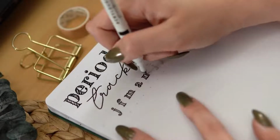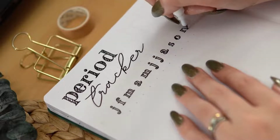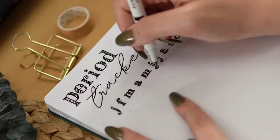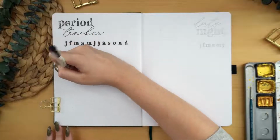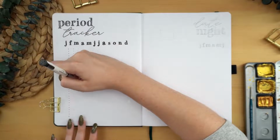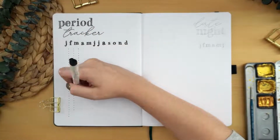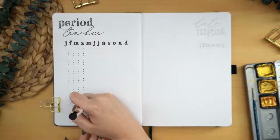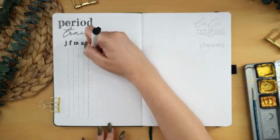There are a bunch of apps that are great for this as well, which I also use, but there's something about an analog spread where I can look and see the entire year at once. I can see my cycle represented visually from this zoomed out view, and it really highlights any inconsistencies, any irregularities, and it helps me to be able to work with my healthcare provider to make sure that I'm taking care